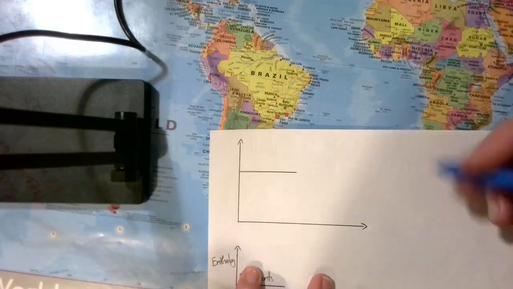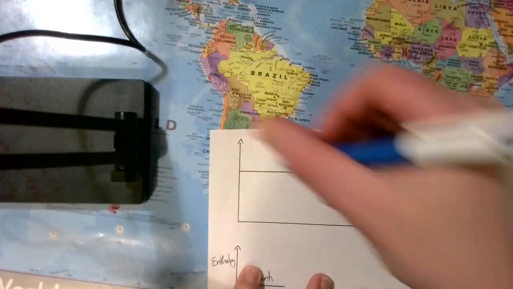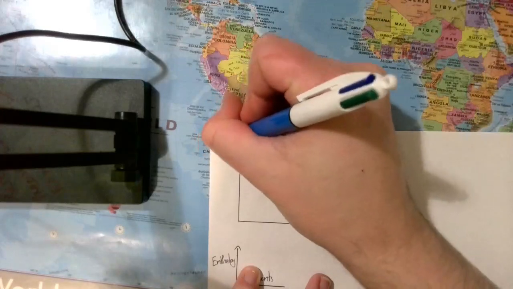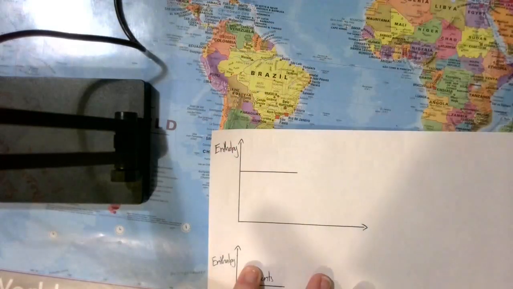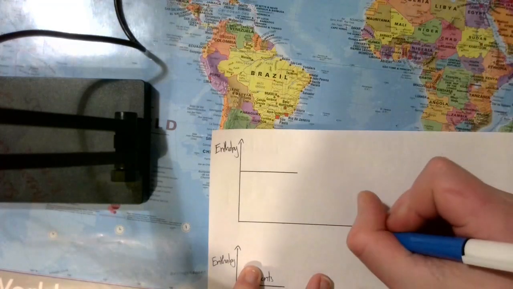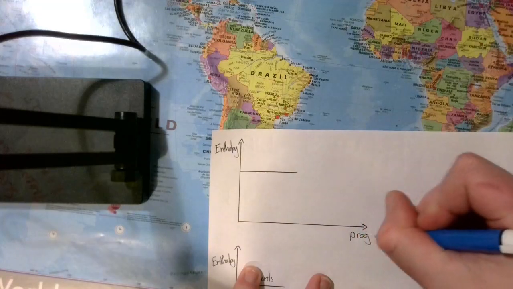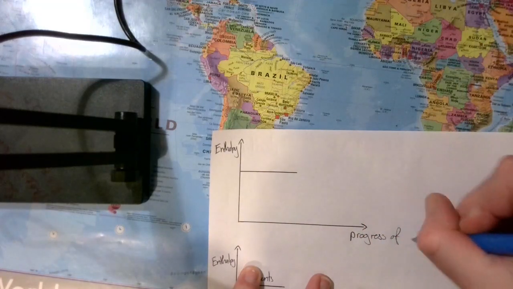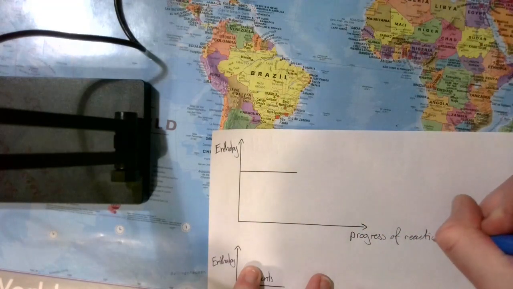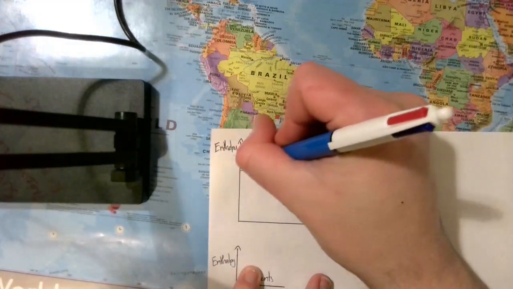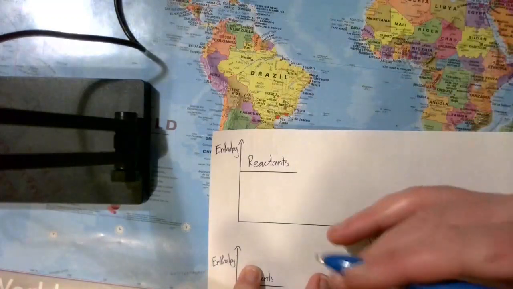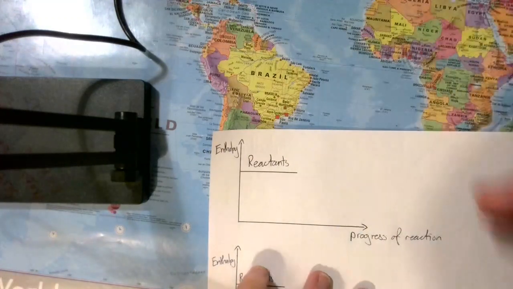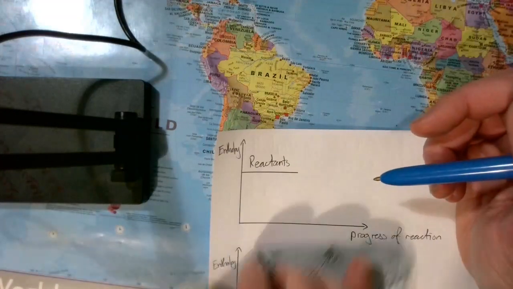diagrammatic form. So we've got some axes here. On our vertical axis this is going to be enthalpy, and our x-axis, our horizontal, is progress of reaction. And this is essentially meaning the passing of time. So you start off in a reaction with the reactants, and over time you will get products. So in the simplest one I'm going to do here,